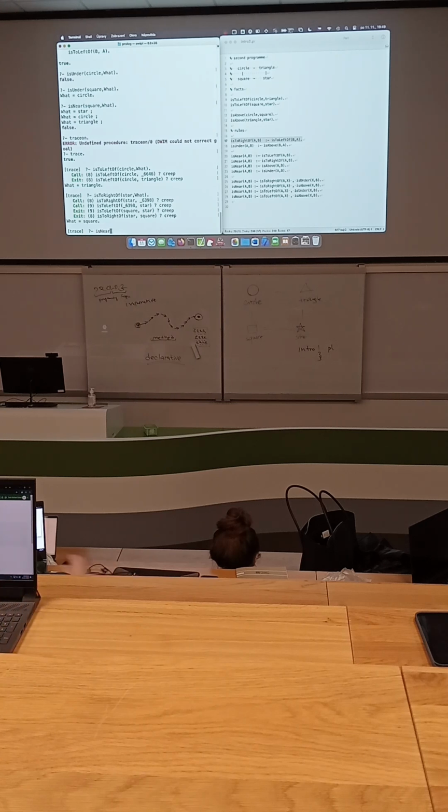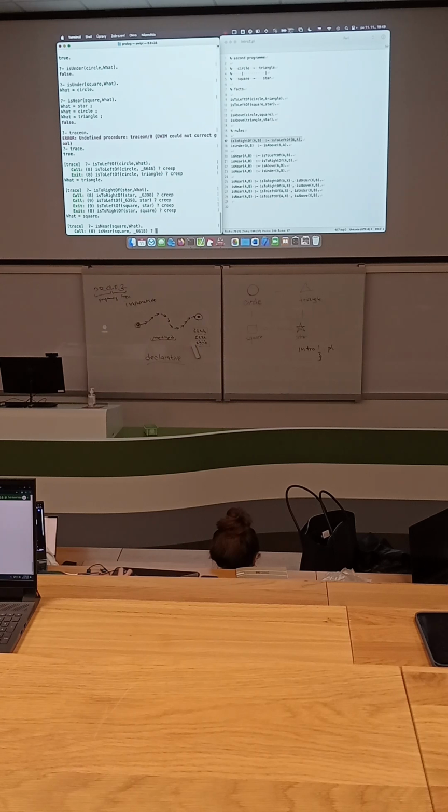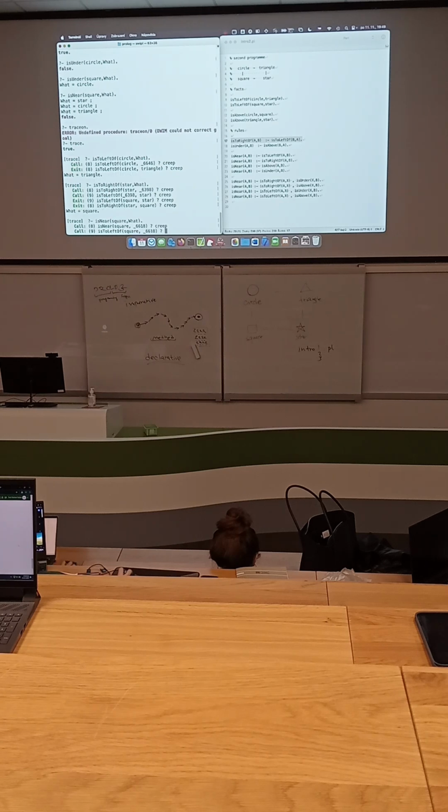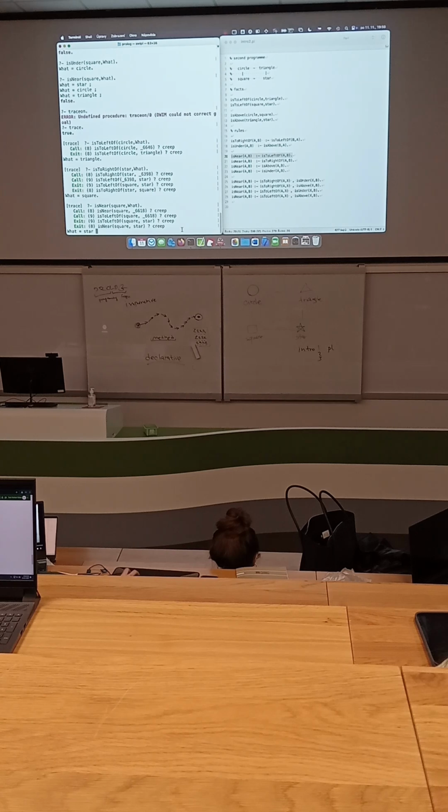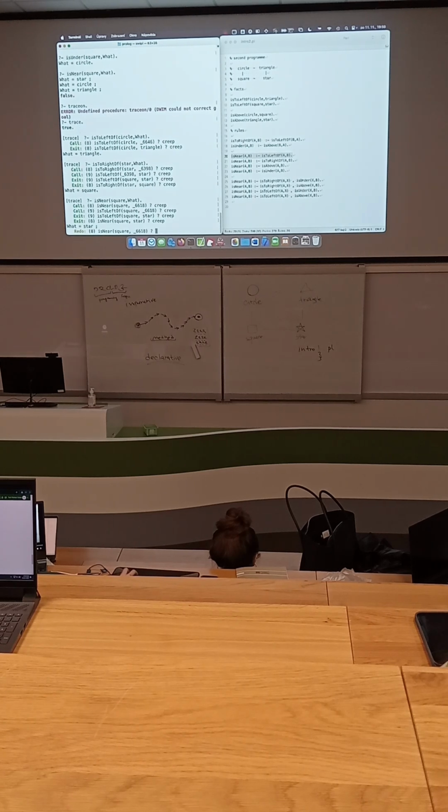Is near square what? So the first rule is about this, is to left of. Now it will try to make this form. Result. Semicolon.